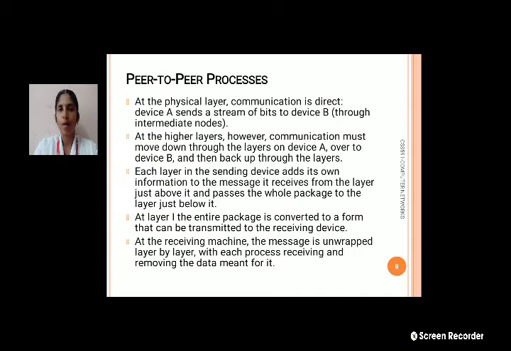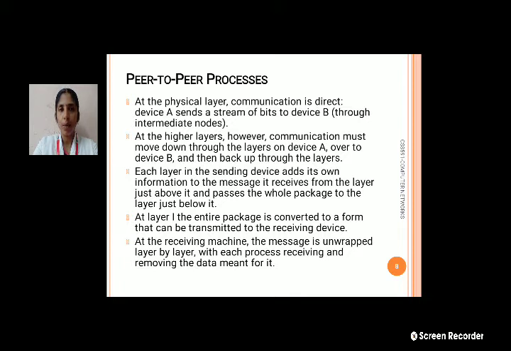For the sender to send information and the receiver to receive it, we have a peer-to-peer process. As I said before, in this process no intermediate communication is used; the devices communicate directly.